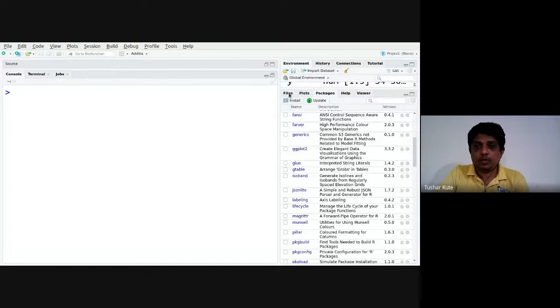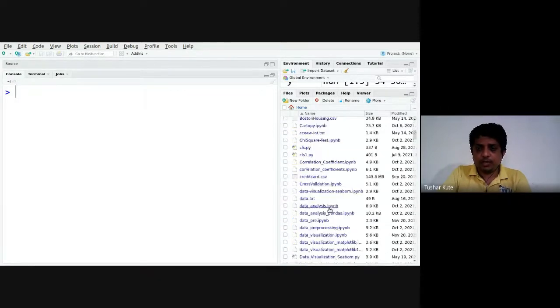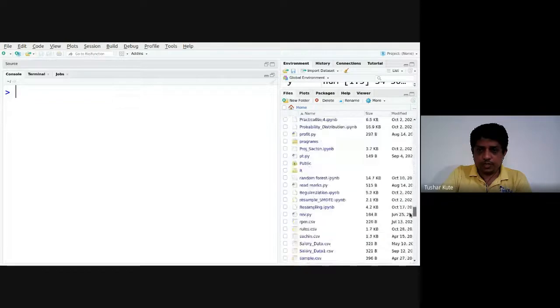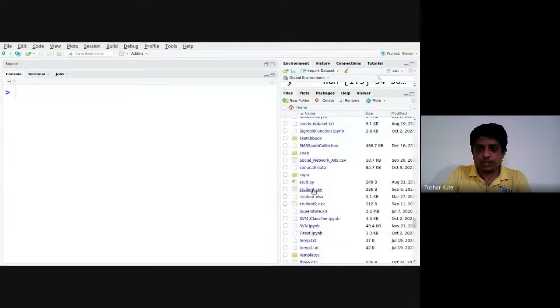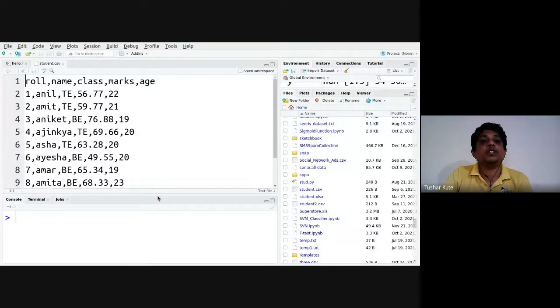See that if you go to the files here at this particular location, this is the current working directory. So I have saved many CSV files here. See, if we come below here, I'm having a file student.csv. See this file. You can view this file. You can see this is the CSV file, comma separated values. But basically, this file will get opened using Microsoft Excel. Your spreadsheet program opens this respective file. Okay, like that.